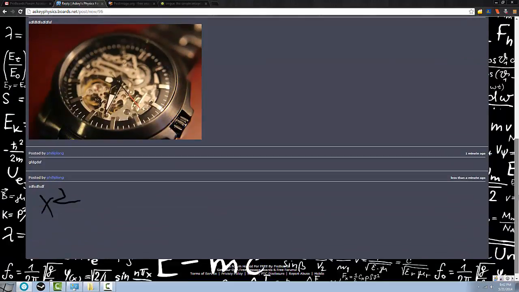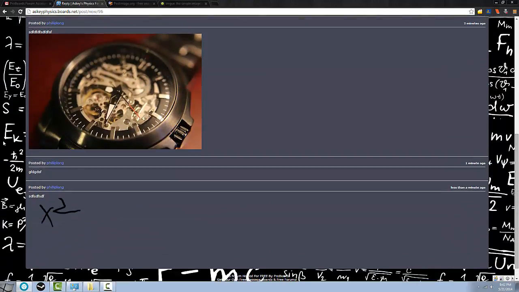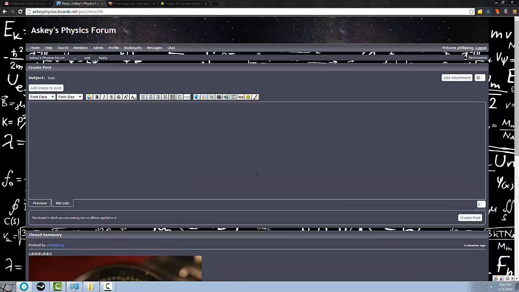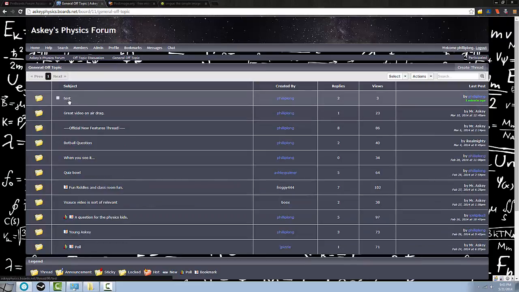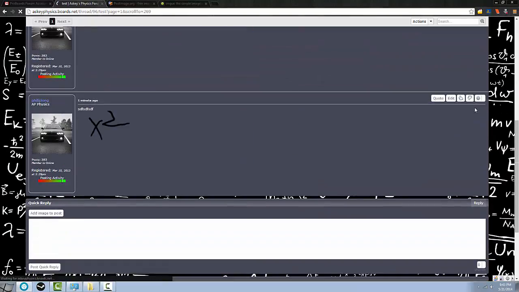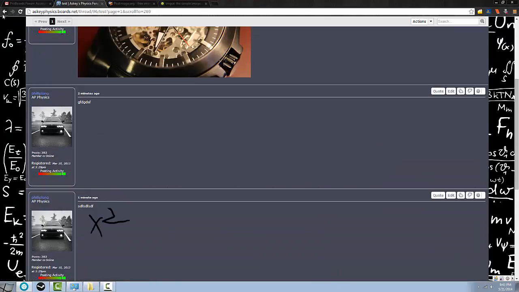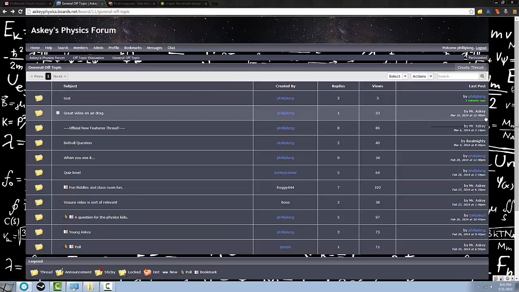Okay, that's one thing I forgot to explain: the quote system. Let's say you want to quote somebody. I don't know if I can cancel this post. Okay, but basically on the quote system, we posted it in general off topic, and see that's where the thread came up. When this line of text is green, that means it's a post from today. When that post is orange, that means it's from yesterday,